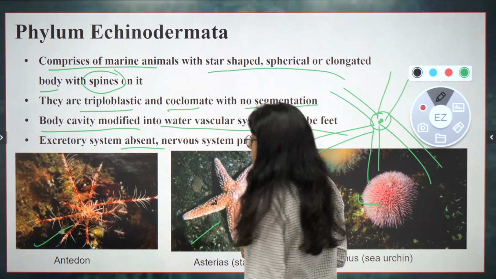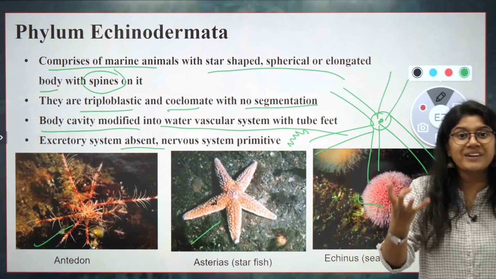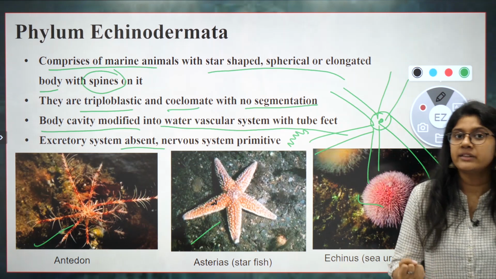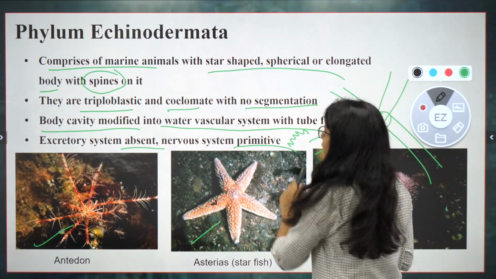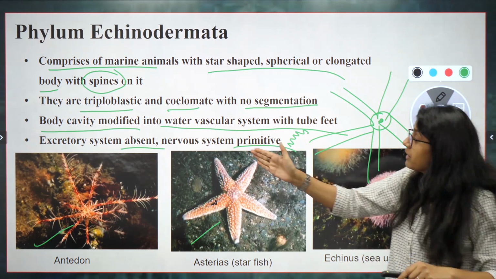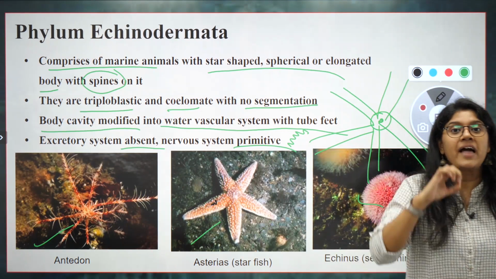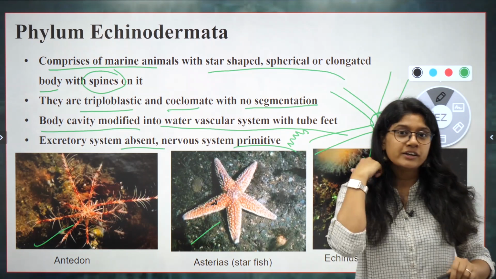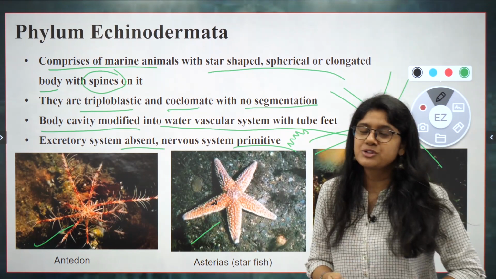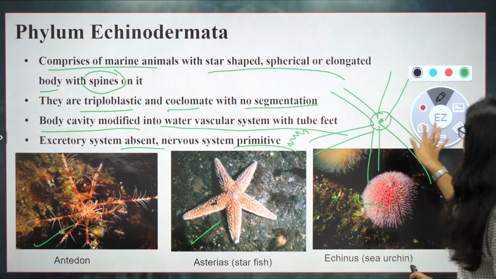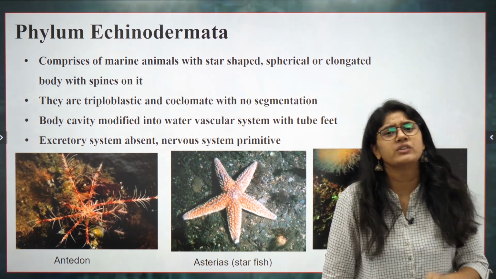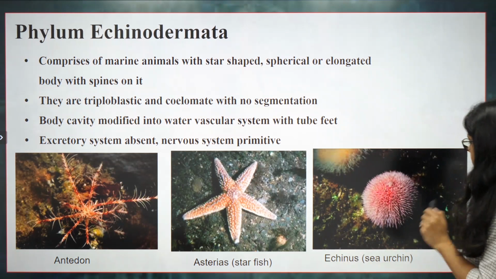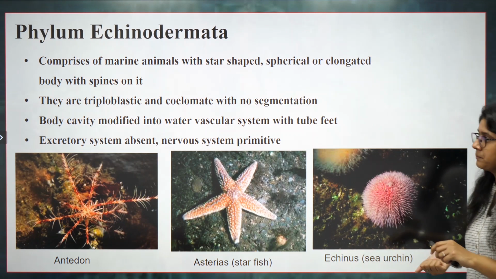Excretion is absent. That's right. There's no proper excretory system. Okay, they'll be using the same mouth cavity to release the waste products. Nervous system is very, very primitive. From here only after the chordates came, and they have a high level of nervous system that we will be doing in the next class, everyone. Okay, so for the example, remember the starfish. One of the easiest examples to remember is the starfish and sea urchin also.